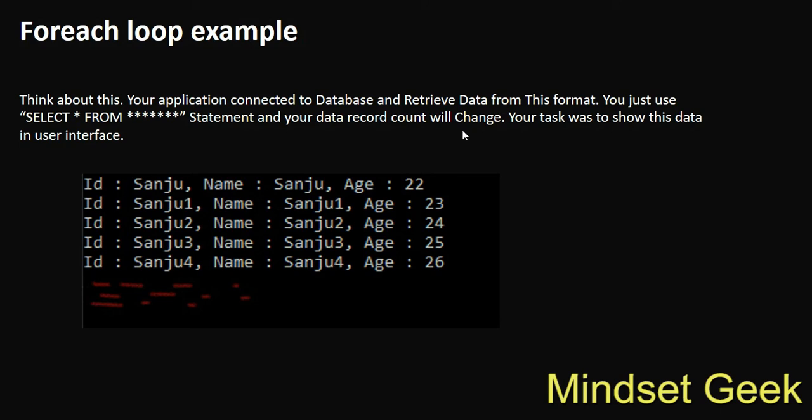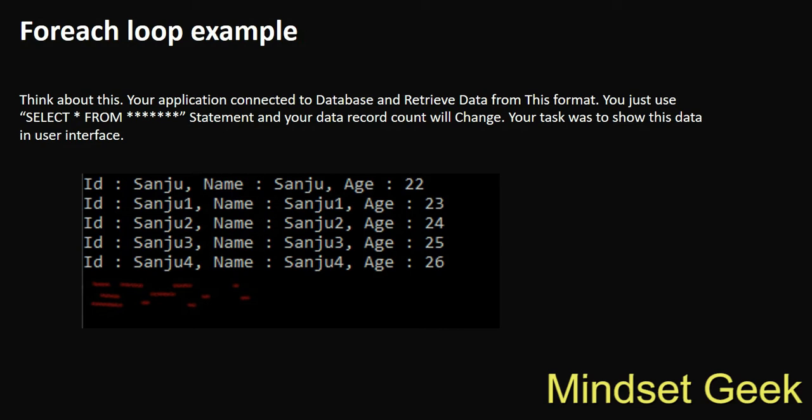Sometimes records will be updated, deleted, or new records added. Anything can happen, right? You can't imagine what the exact record count is. We want to show all the records, right? That is your task. Your task was to show this data in a user interface. If it is a website, your view, right?